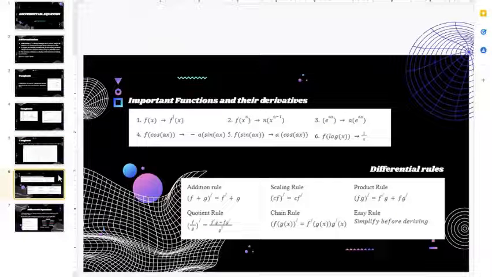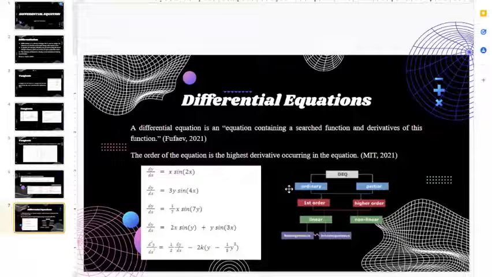Continuing on, these are important functions and their derivatives as derived from Harvard University. The derivative of f(x) is f'(x), and these are the differentiation rules, and there are additional rules: scaling rule, product rule, quotient rule, chain rule, and the easy rule of simplifying everything through deriving. With these, differential equations are equations containing such functions and derivatives of these functions,